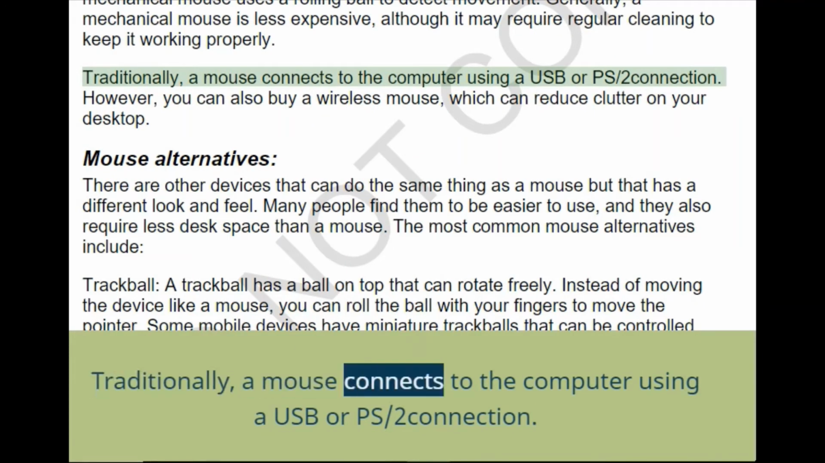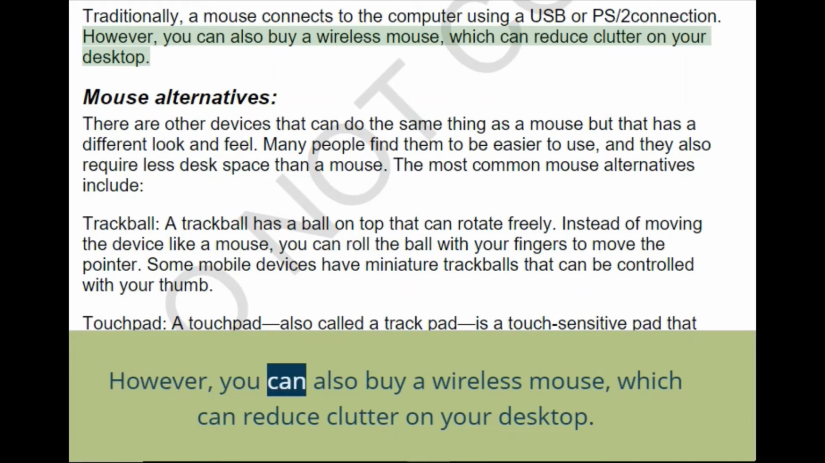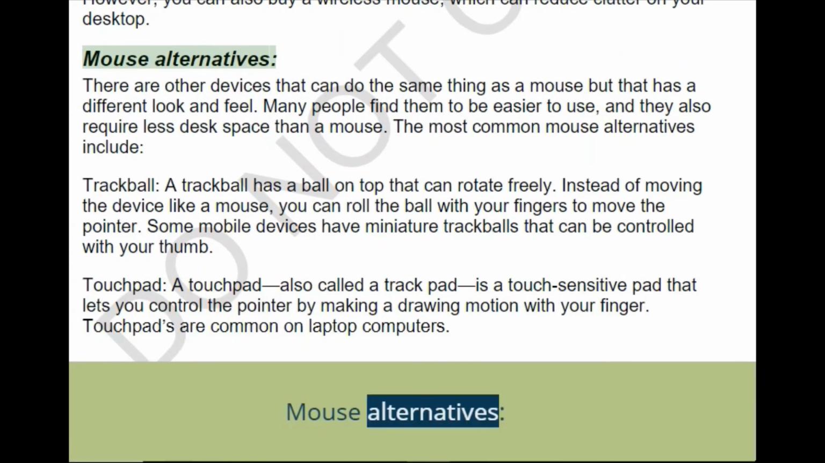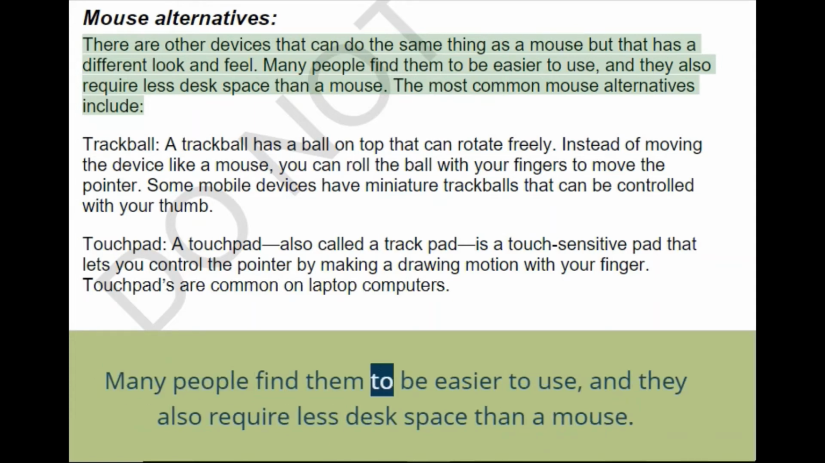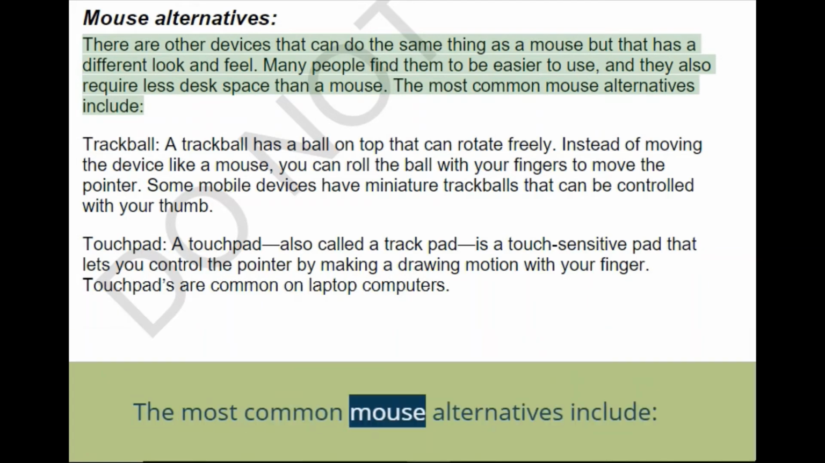Traditionally, a mouse connects to the computer using a USB or PS/2 connection. However, you can also buy a wireless mouse, which can reduce clutter on your desktop. Mouse alternatives. There are other devices that can do the same thing as a mouse but that have a different look and feel. Many people find them to be easier to use, and they also require less desk space than a mouse. The most common mouse alternatives include